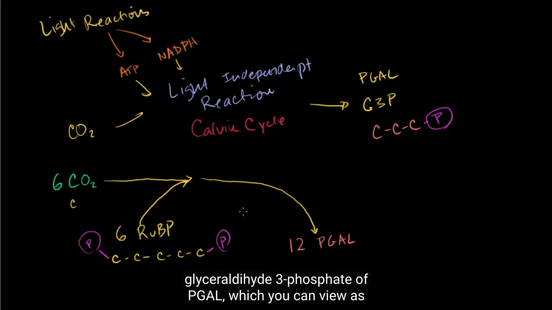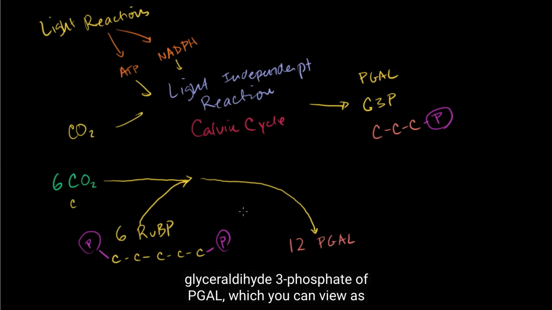Now, the bonds or the electrons in this molecule are in a higher energy state than the electrons in this molecule. So we have to add energy in order for this reaction to happen. This won't happen spontaneously. And the energy for this reaction, if we use the numbers 6 and 6 here, is going to come from 12 ATPs. You can imagine 2 ATPs for every carbon in every ribulose biphosphate, and 12